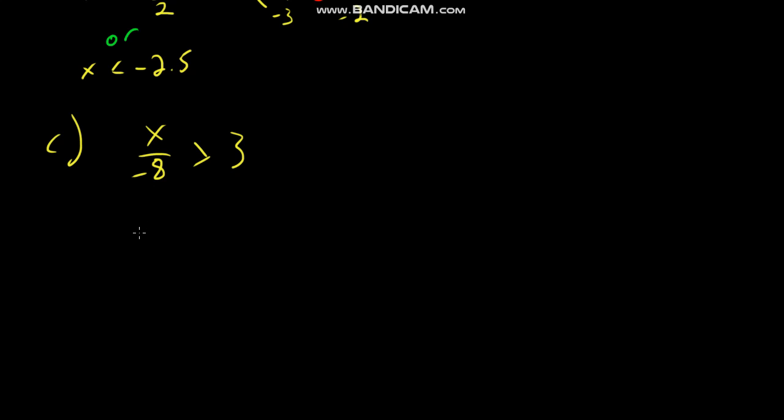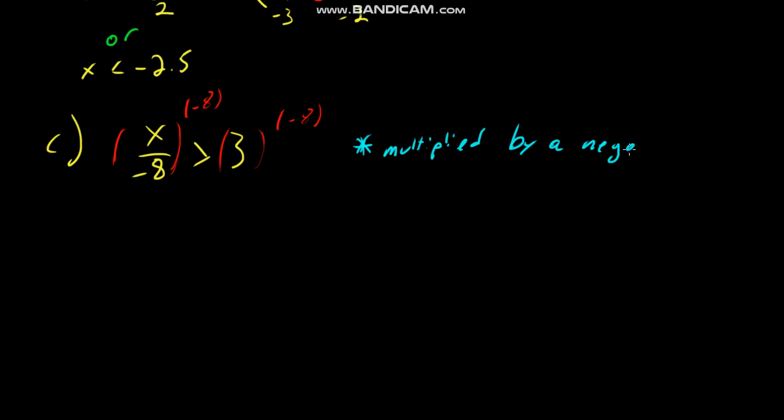But to kind of start this question off, I'm going to multiply both sides by negative 8. So I'm going to take this side here, and I'm actually going to multiply it by -8, and multiply this side by -8. And of course, that's just to cancel out the division by negative 8. But I do want to make sure that we understand that, you know what, we got to do something here. I multiplied by a negative. You don't have to really write this out for yourself, but I would really like you to think about this,